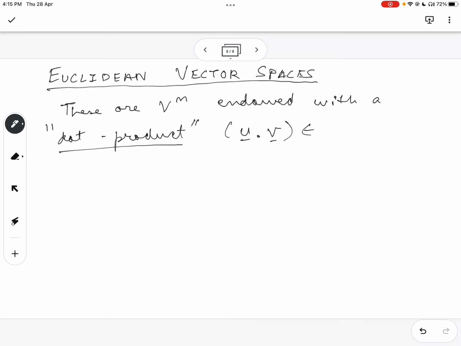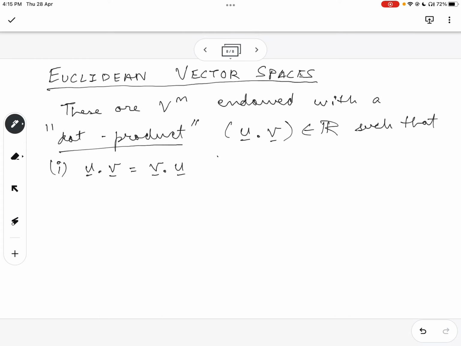The product belongs to the set of real numbers such that the following properties are followed. That is, u dot v is equal to v dot u,